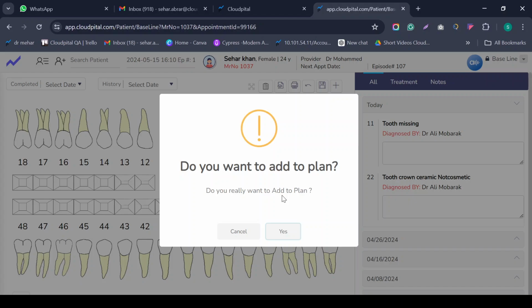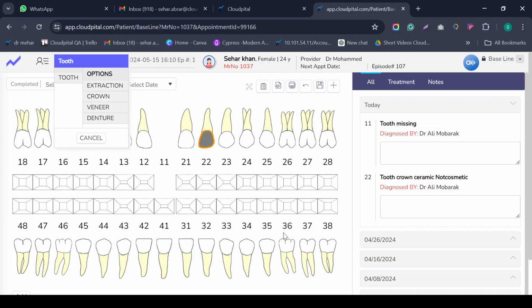So basically, we are explaining the baseline. Baseline is just like the initial assessment and initial stage of the teeth, where the doctor examines the patient's teeth and takes some steps, like saying we will do these things in your teeth. Are you agreed? If the patient agrees, then we will make these changes in our plan, and we can do some other things as well. So we just need to add this plan. Yes, the patient has agreed to make some changes.